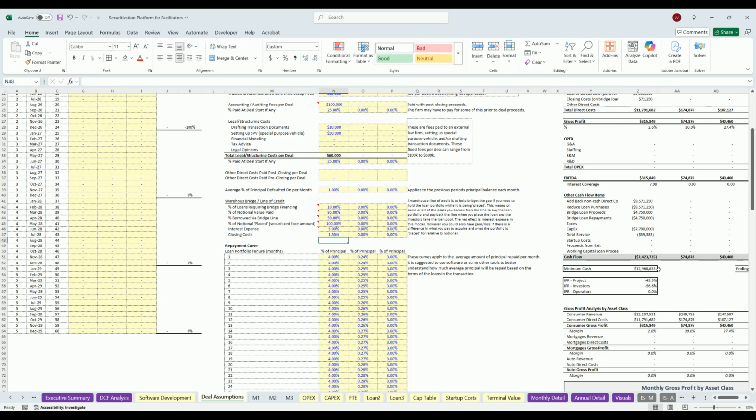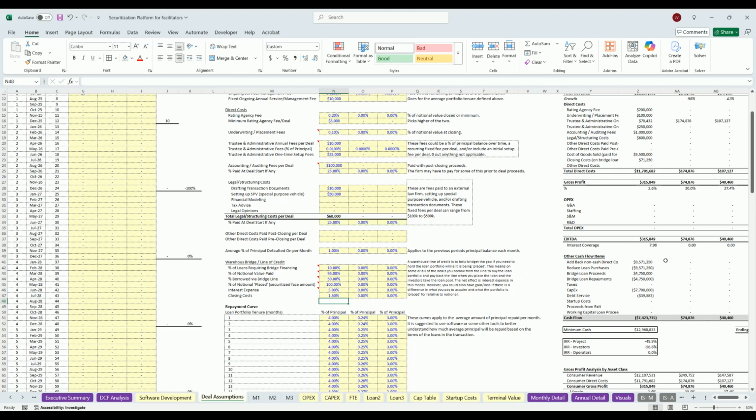Okay, and you can see here we have debt service of $39,000. That is this. So if this were 10%, you're now looking at roughly double. So interest expense, closing costs. Now the closing costs are actually going to roll up into your cost of goods sold basis. And so this is a non-cash item here. The actual cash is going to hit in, right, let's see,